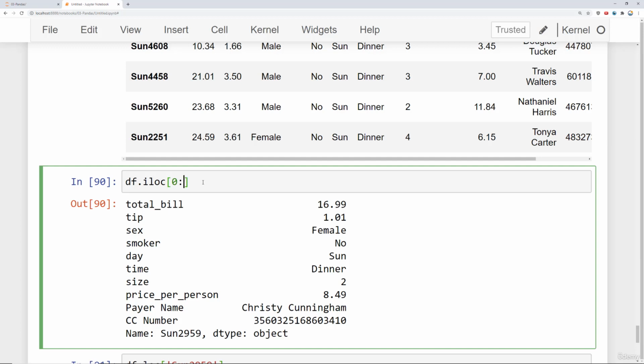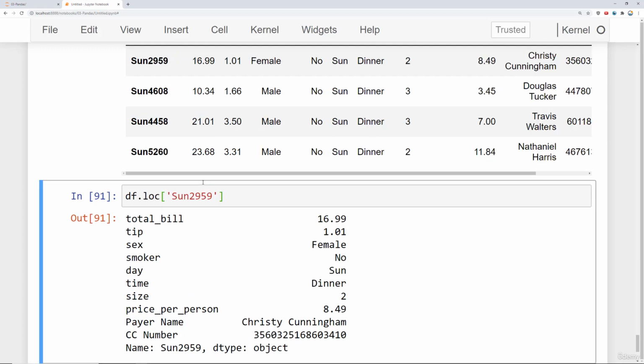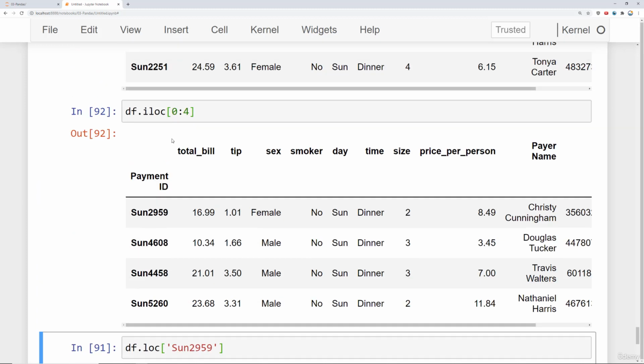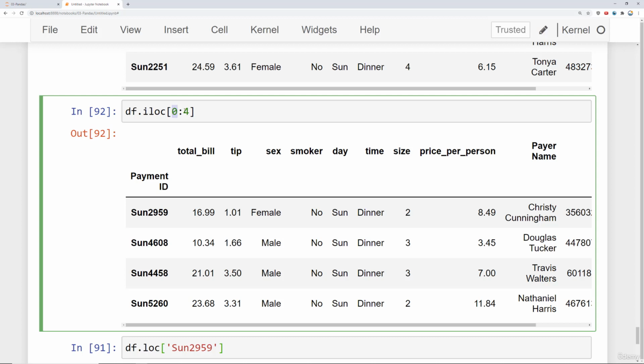df.iloc[0:4], and this is essentially going to slice the data. So what we can see here is it starts at index 0 and then goes up to, but not including, index 4. So I get back the first 4 rows, 0, 1, 2, 3. And this is the same slicing notation that's standard for a Python list. So this is why some people will often use .iloc, because it then allows you to do this sort of